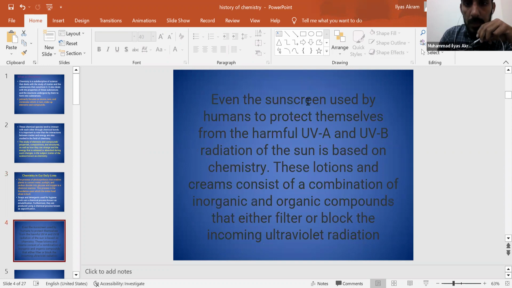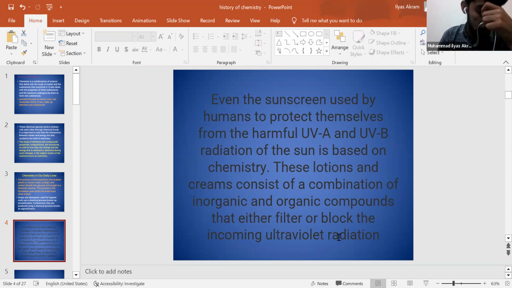This is the third use of chemistry in our daily life. Even the sunscreen used by humans to protect themselves from the harmful UVA and UVB radiations of the sun is based on chemistry. This is medicinal chemistry. These lotions and creams consist of a combination of inorganic and organic compounds that either filter or block the incoming ultraviolet radiations